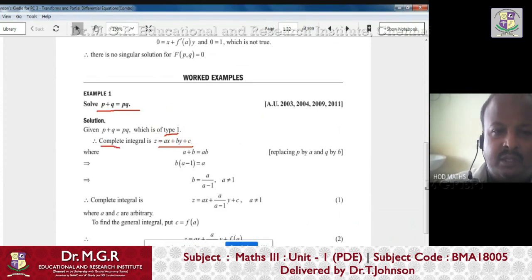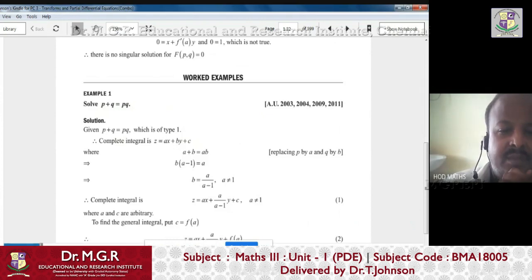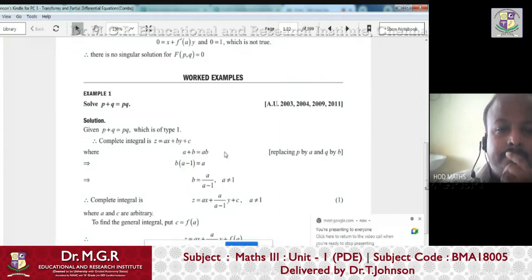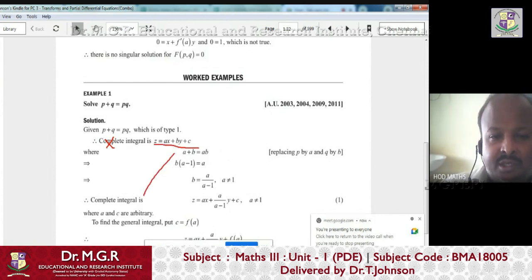But here they put it as a complete integral, but mathematically we can't write it like this as a complete integral. We can say the solution of the equation may be of this form. We can't say this is a complete integral because how many arbitrary constants are there? A, B, C, three arbitrary constants, but in the complete integral there will be only two arbitrary constants. So we call this an assumption, a solution. Now how to make this solution a complete solution, that is important.